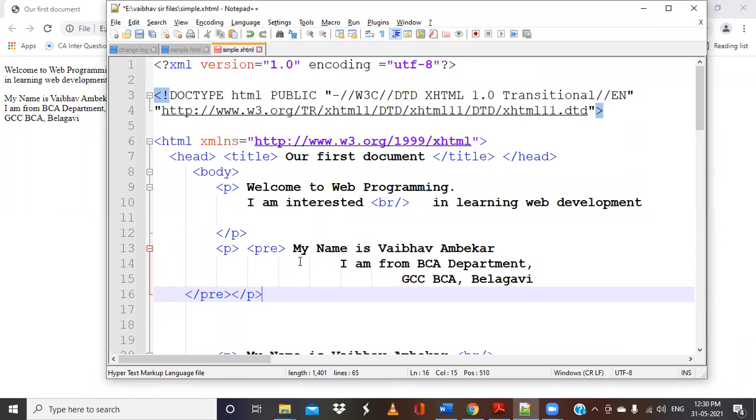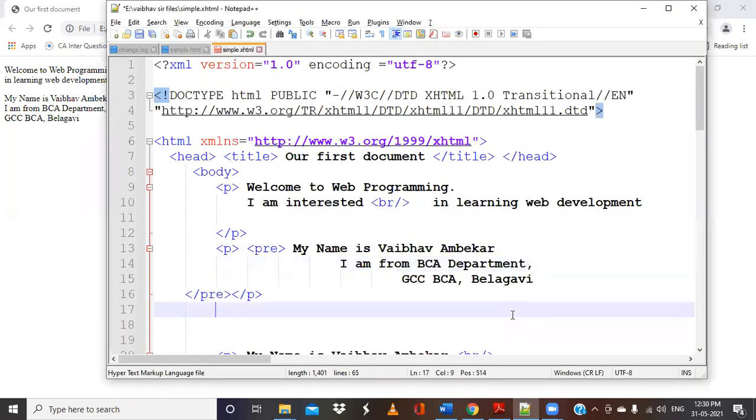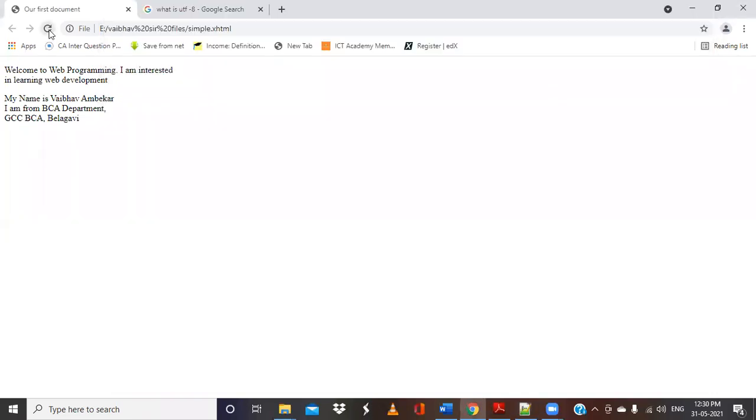You can observe when I run this, when there is a space that I have given, the same white space will appear on the browser. So I'll just run this. Now you can see that there is a white space appearing on the browser.